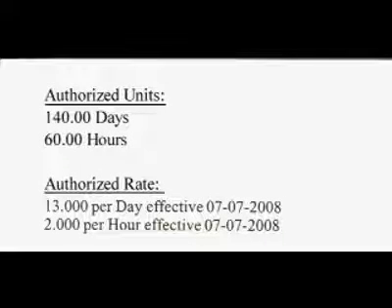Now, as you can see, this authorization is for 140 daily units at $13 per day and 60 hourly units at $2 per hour. The rates shown here are examples only. The child care provider agreement you signed will govern the rates you will see on your authorization. These units work like a time bank. Each time you bill, the computer automatically subtracts those units from the total and leaves you a balance for your